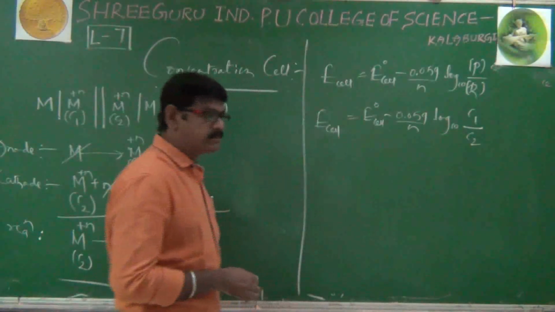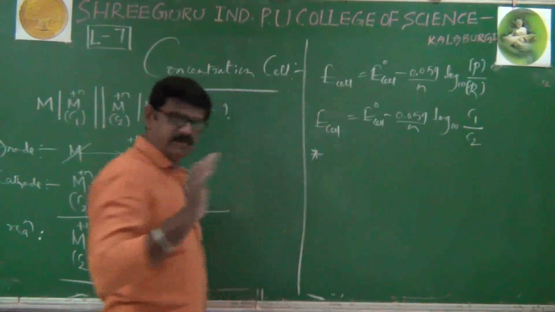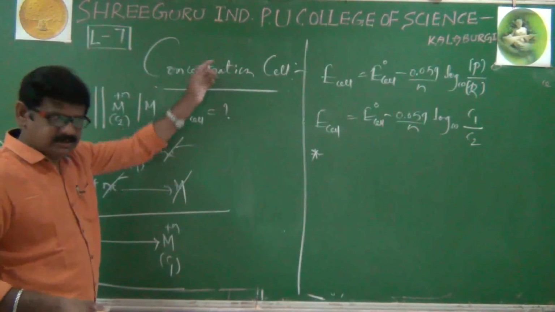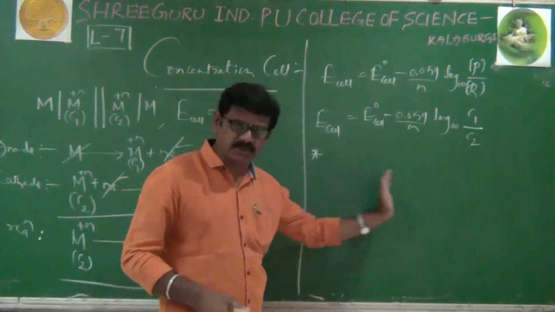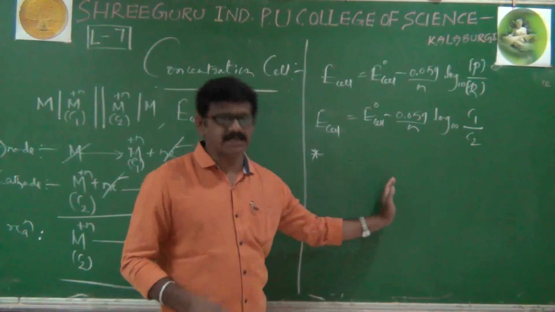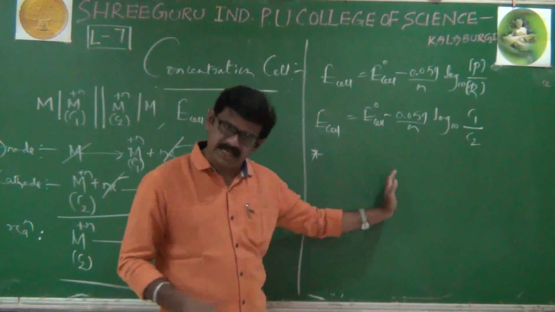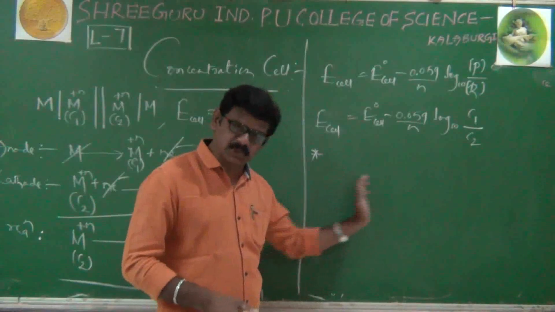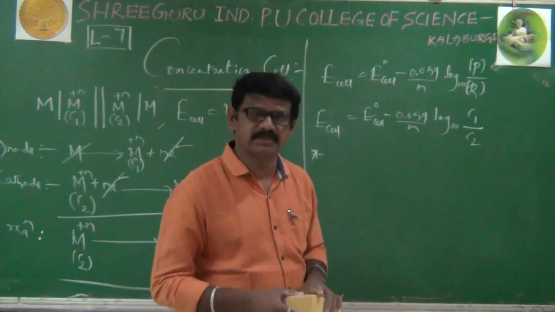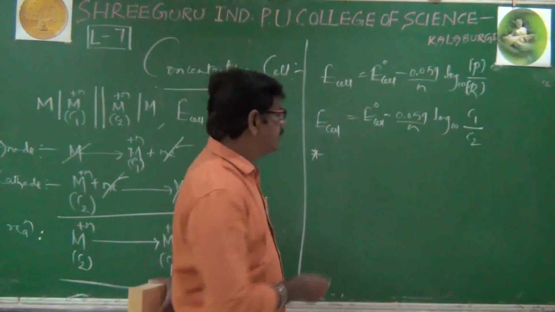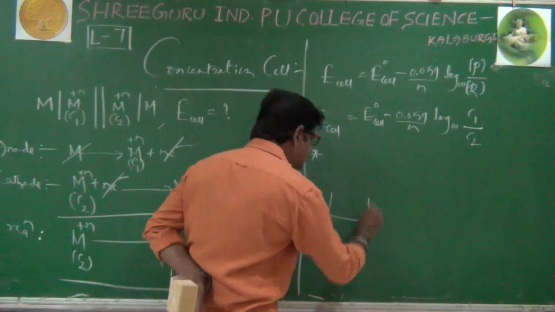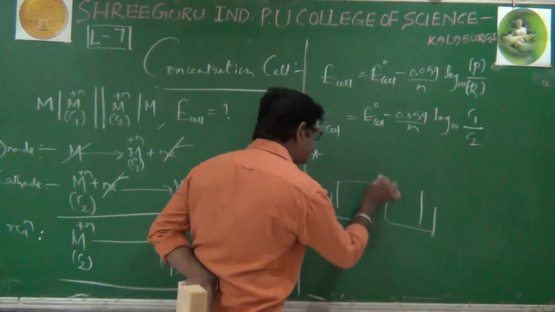And here one more very important point is, in a concentration cell, remember, just now we have discussed, the left side electrode and right side electrode are the same. Suppose left side zinc electrode, right side also zinc electrode, left side copper electrode, right side also copper electrode. If both electrodes are the same, their SRP values are also automatically the same. If SRP values are the same, it means the left side electrode SRP value and right side electrode SRP, both are the same. Just like it is zinc, it is also zinc, of course both are connected.